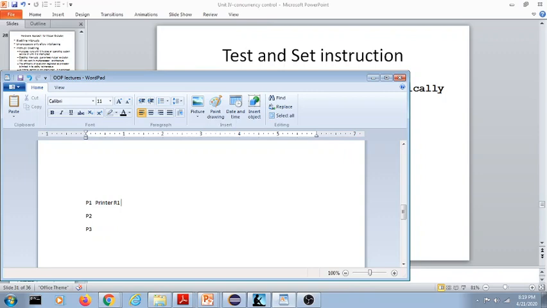So what we will do is define some kind of variable. That can be a lock variable, an I variable, or some kind of flag variable. Whenever P1 is using that resource, the printer, at that time the flag will have a non-zero value. It will have a value of flag equals 1. And whenever P2 and P3 see the flag variable, they will see the value of the flag as 1 or some non-zero value. They will understand that since the flag is non-zero, that particular resource is already in use by some process.